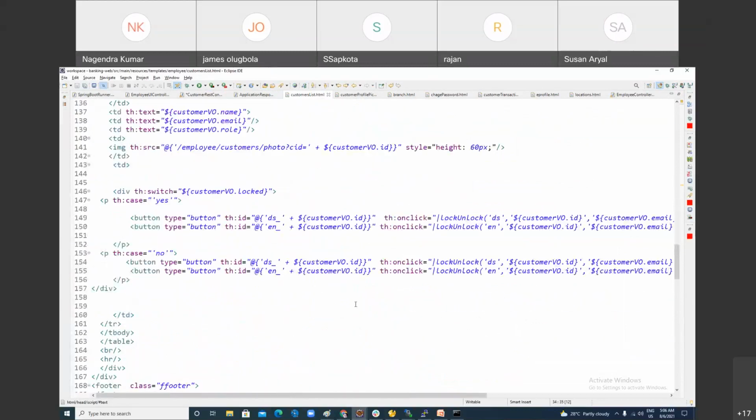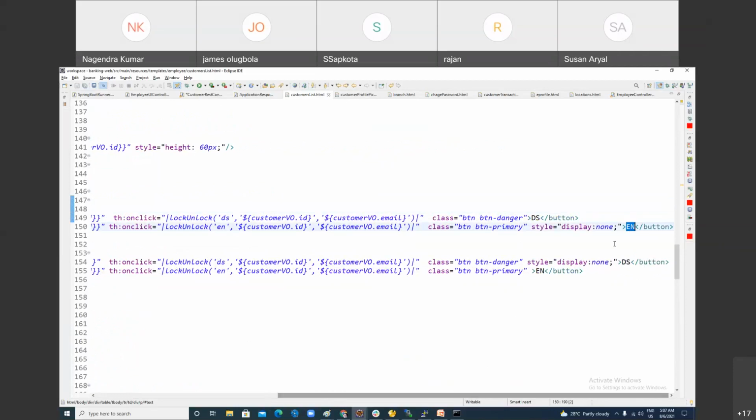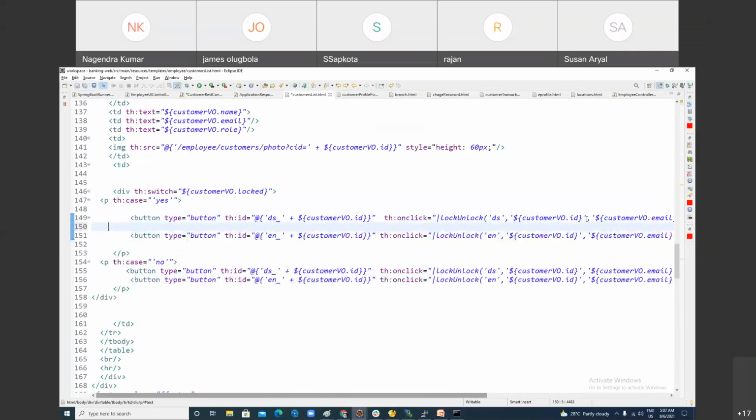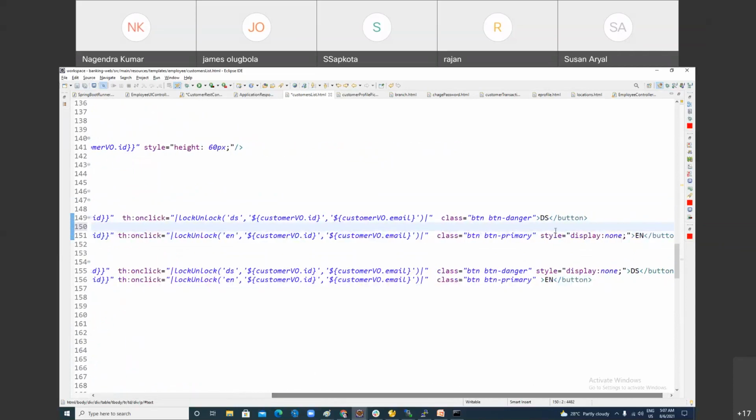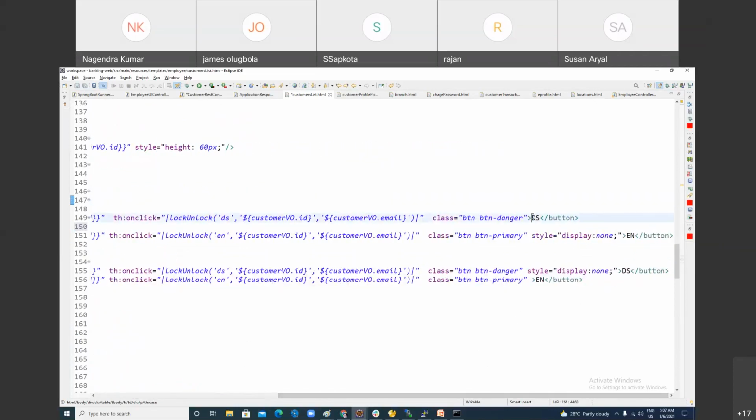First of all, can you see this? For status, in yes and no, two cases we have. In the beginning, I'm just making two buttons. In case of yes, you can see we have a disable button and an enable button, right? A red button and an enable button. In case of yes, it means it is locked, right? So I'm showing a disable button. And for this button I just mentioned style display none, which means this button won't be shown in